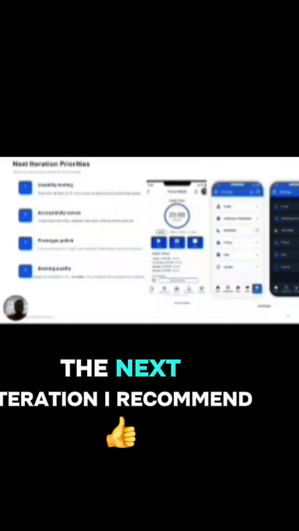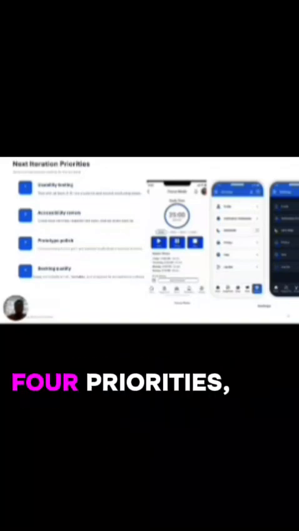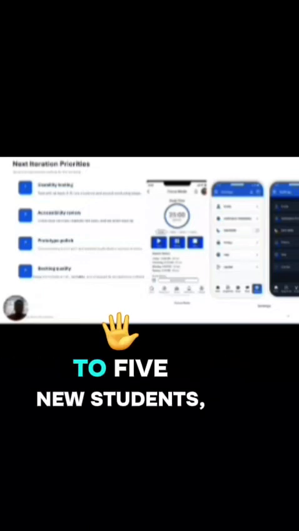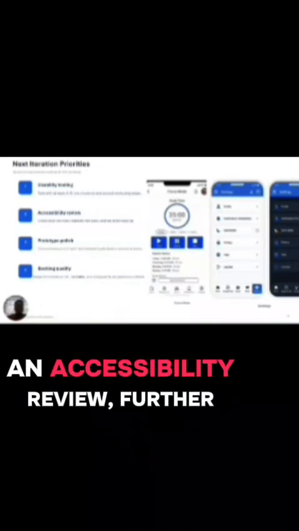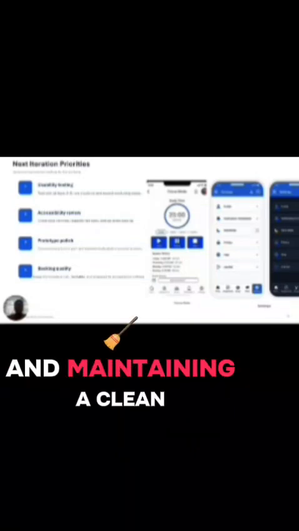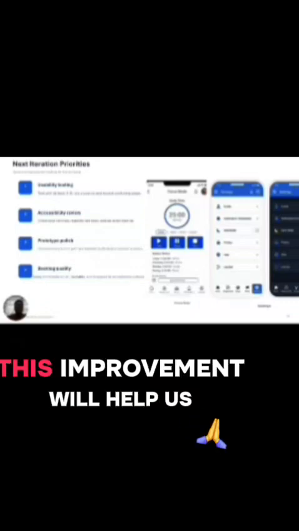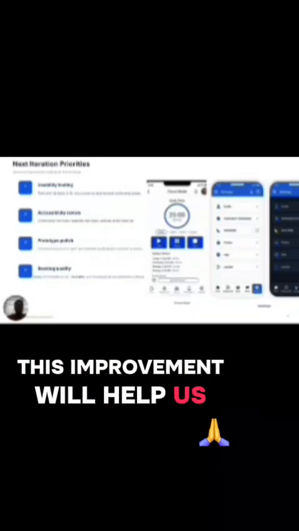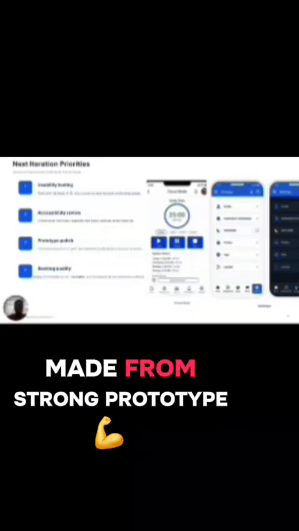Next iteration priorities. For the next iteration, I recommend 4 priorities: usability testing with 3 to 5 new students, an accessibility review, further prototype polishing, and maintaining a clean, testable Jira backlog. These improvements will help us move StudyMate from a strong prototype towards a more user-tested and development-steady